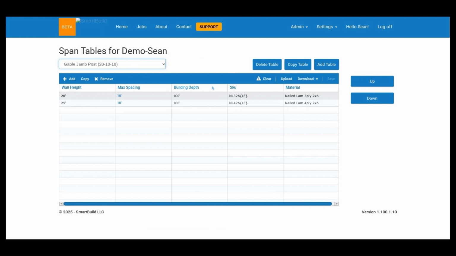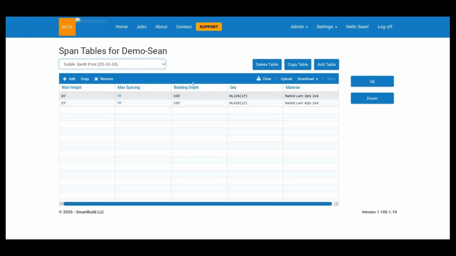One of the things that's new here that I didn't get too deeply into for the demonstration is that you can now use the building depth. It's a little confusing because it's kind of a generic term, but really this is going to be the building width. So you can use that building width if you need to in order to pick different gable jam post